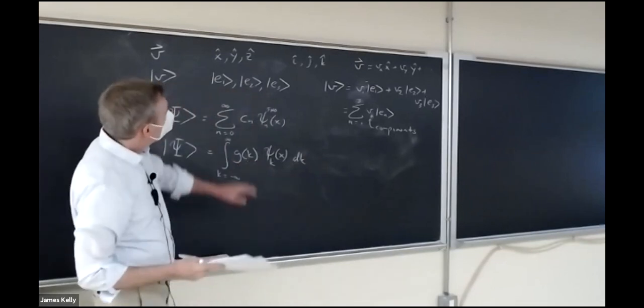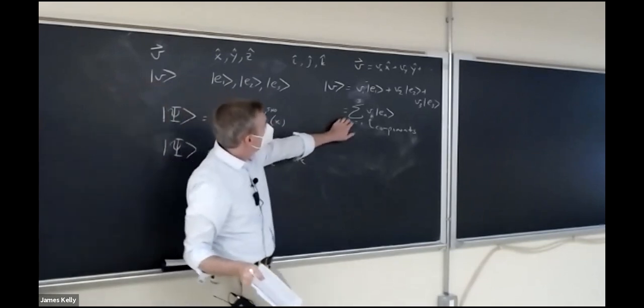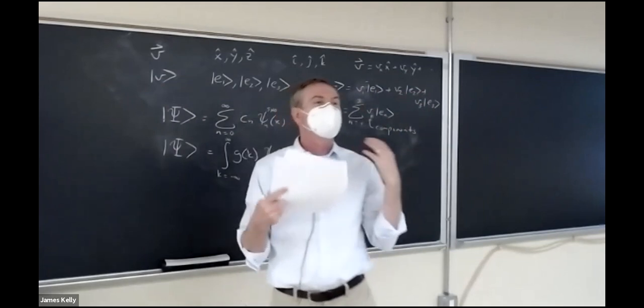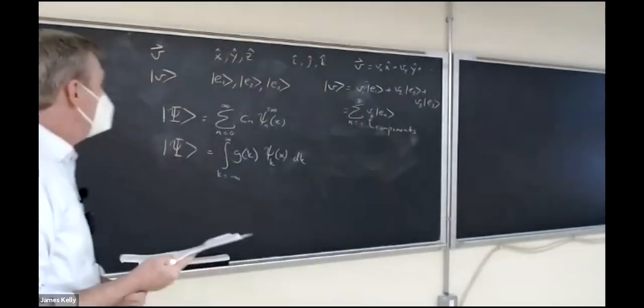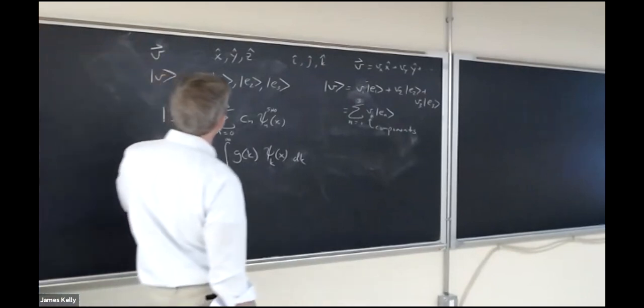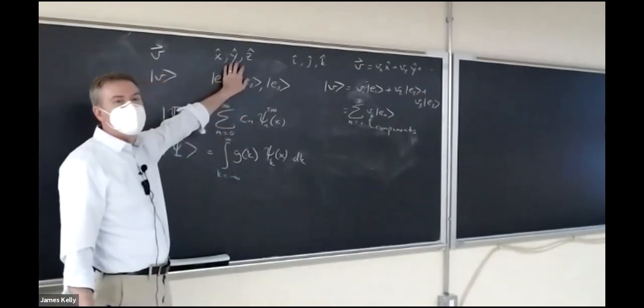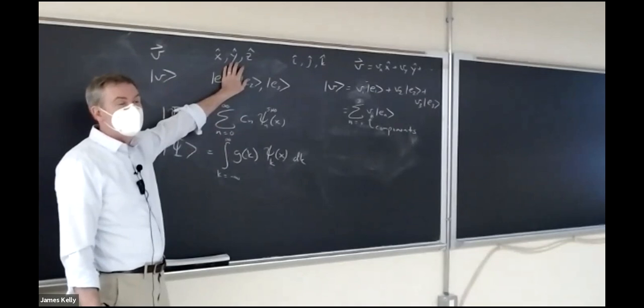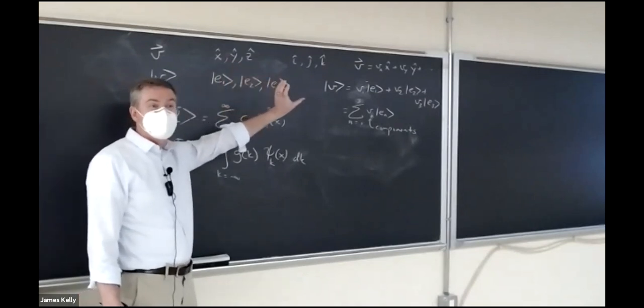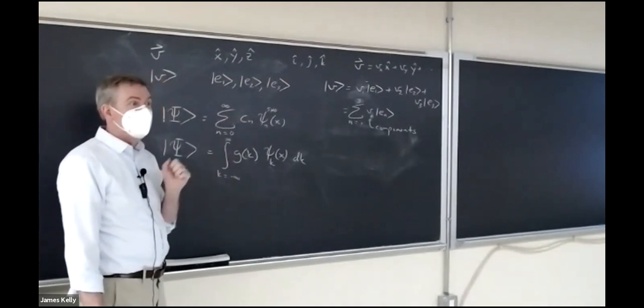Okay, so we're generalizing this kind of idea, which is a generalization of just the simple old writing things as a linear combination of basis elements. But in this class, the difference is, usually in introductory physics, once you choose an x, y, and z hat directions, you don't switch them. And in quantum mechanics, we're always going to be changing our mind about what basis we want to use. We'll have one